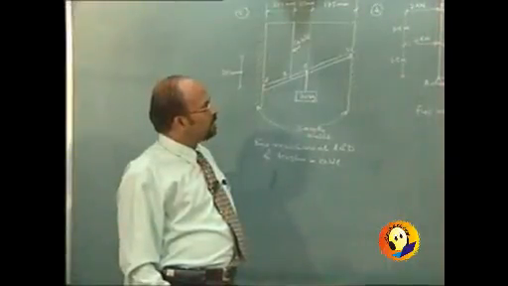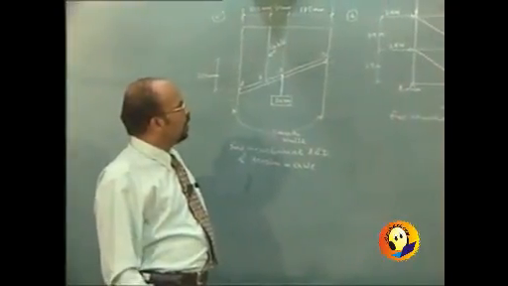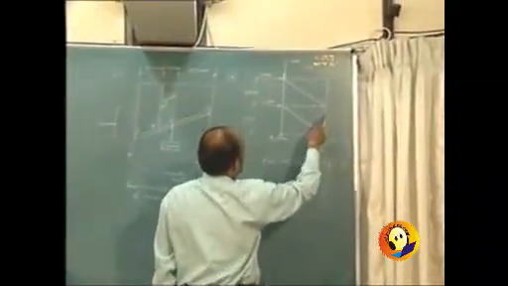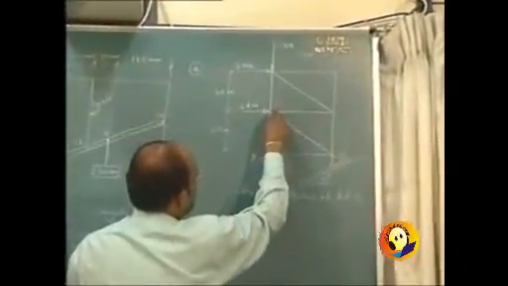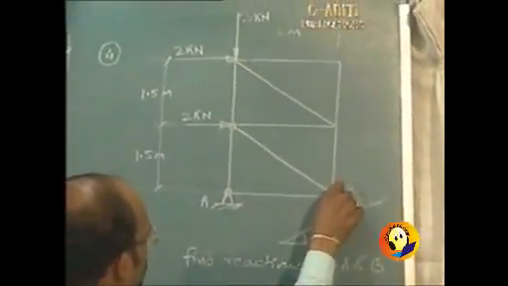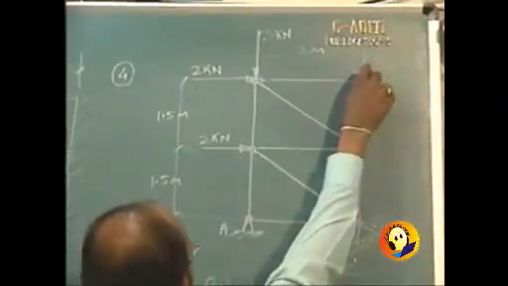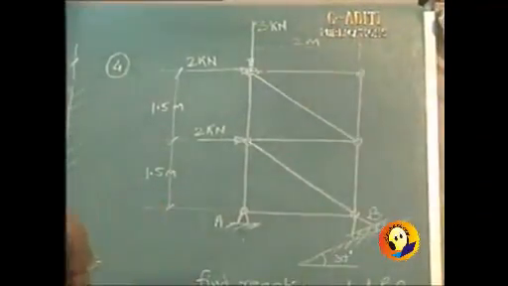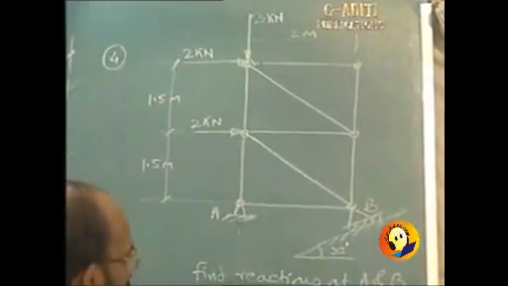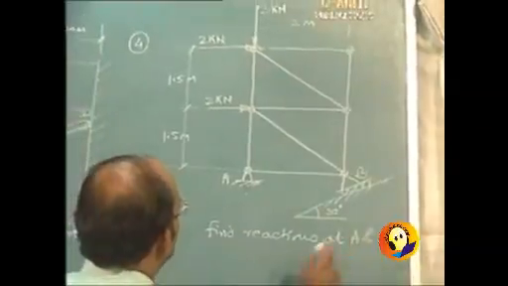We have considered 3 problems. Now let us proceed to the 4th one, where we are given a truss which is made up of several components which are all connected to each other, and these are all the pin joints or hinges, we can say. Of course, our interest is not the joints, but we are required to find the support reactions, that is reaction at A and reaction at B.